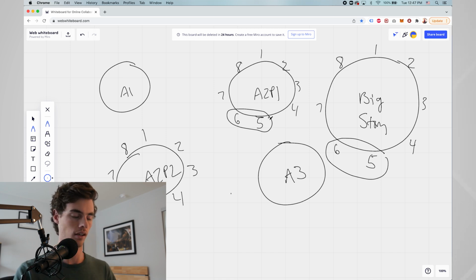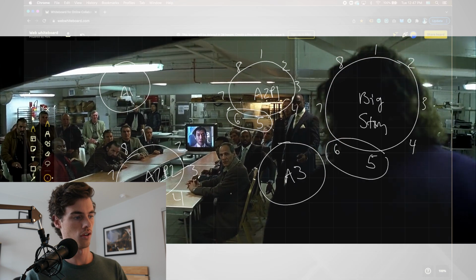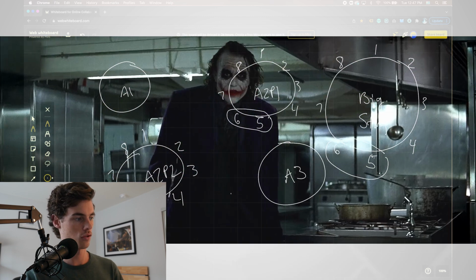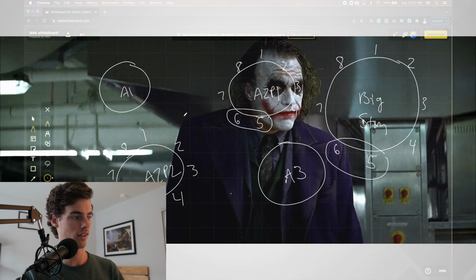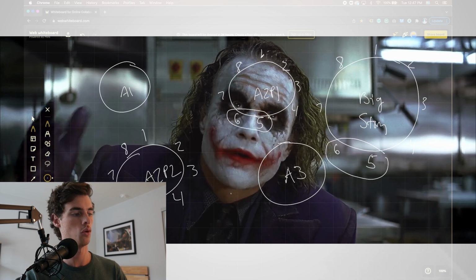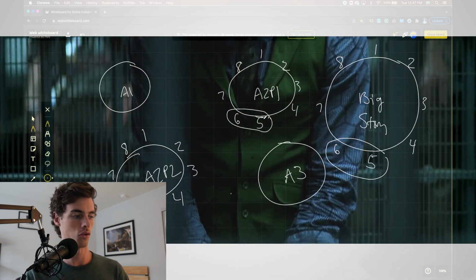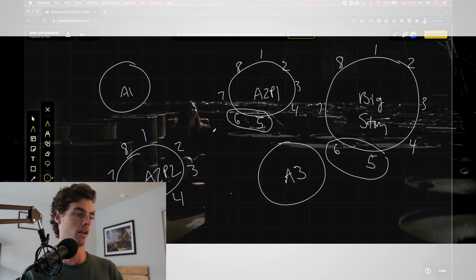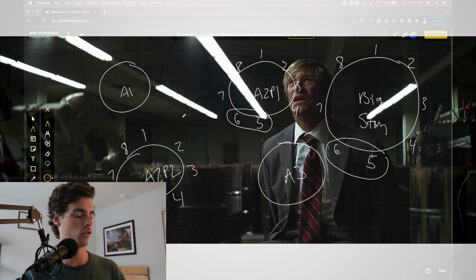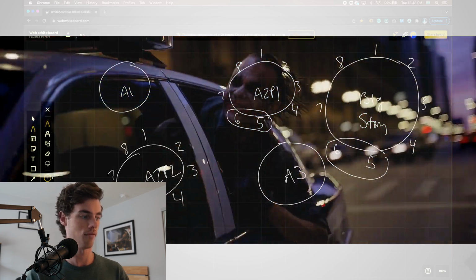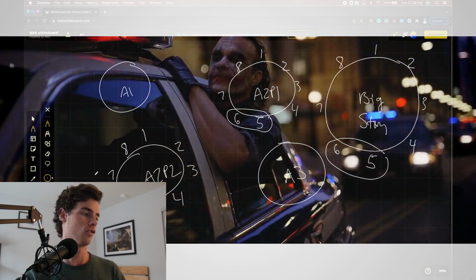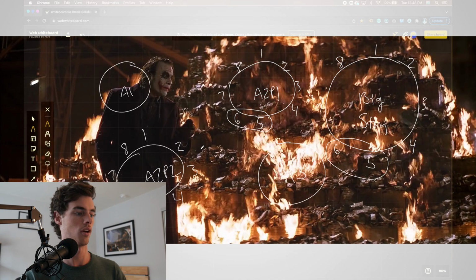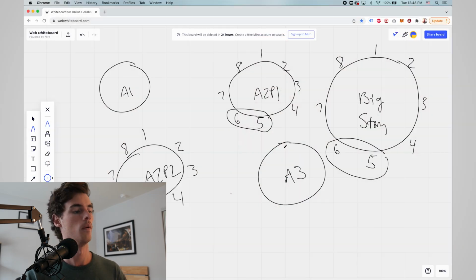So for example, in The Dark Knight, this is how it works. The Joker enters the story at the end of Act 1 into Act 2, and then the whole focus is getting the Joker. They get the Joker, but it costs him Rachel, and then we are sent into the second half of Act 2, which is the Joker's on the loose and Batman is looking for him, and then we go into Act 3 like that. So sometimes it can be here, and it can be set up like this.